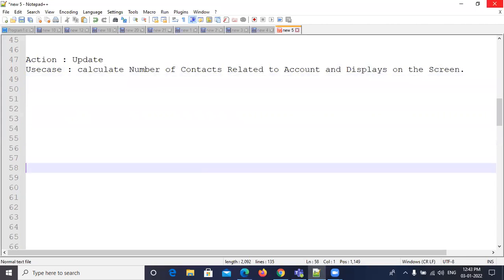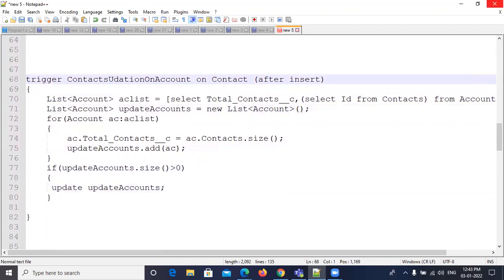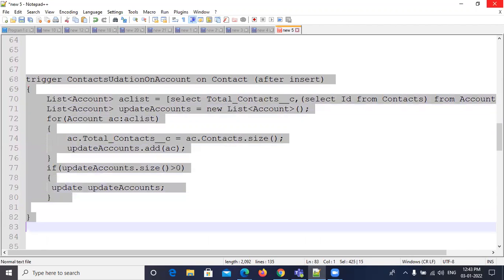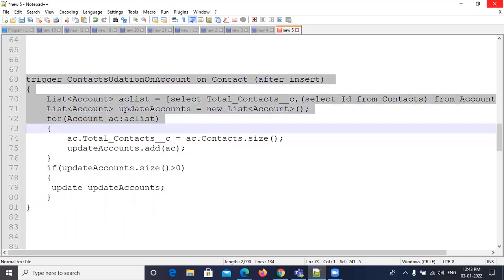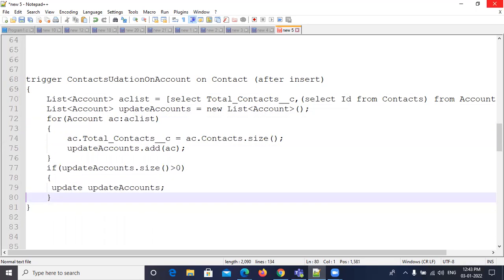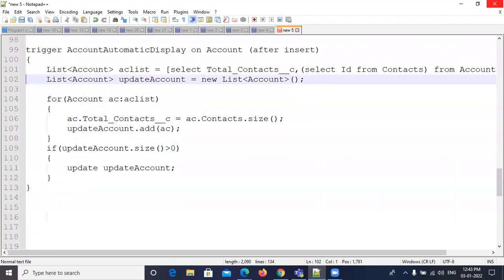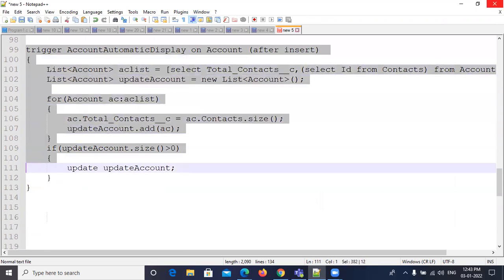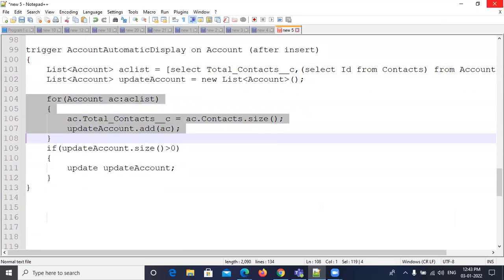Okay, in my previous video I used this trigger code also. Actually that trigger can apply on contact, but here this code will also execute. Here look, I created a trigger for account, it is another one. Whenever an account is created, the total related contacts are calculated.